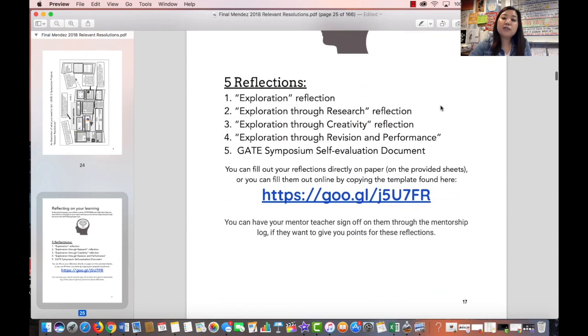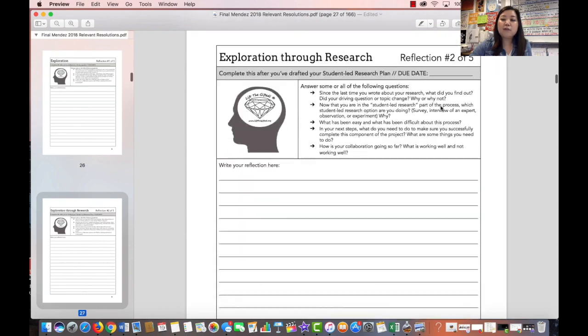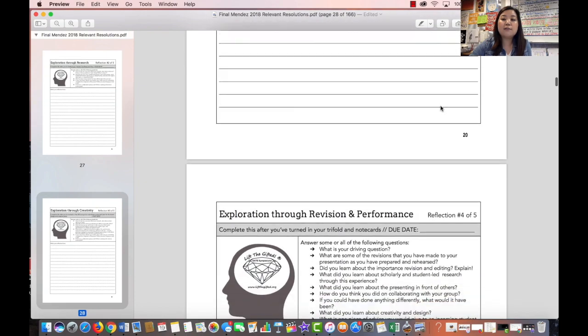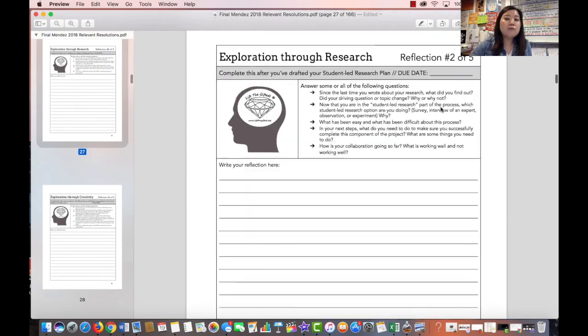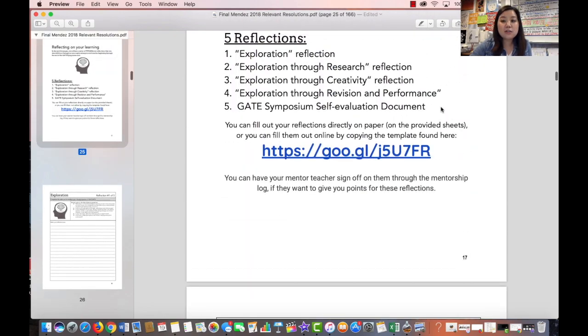You have to reflect on your learning by writing in your reflections. There's 5 reflections. The 5th one is done at the very end after Symposium is over. And the due dates for the reflections are embedded in your calendar, so make sure you look at that calendar. What if your teacher has Canvas or Google Classroom and doesn't want you to write it on paper? Easy stuff. All you got to do is click on that or actually go to that URL by typing it into your browser,